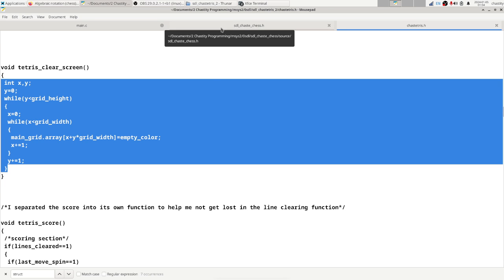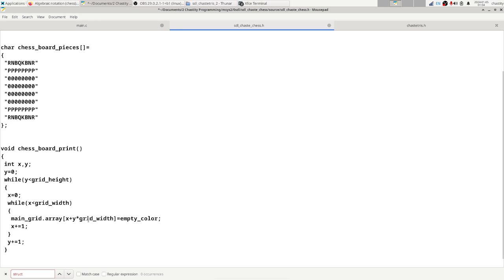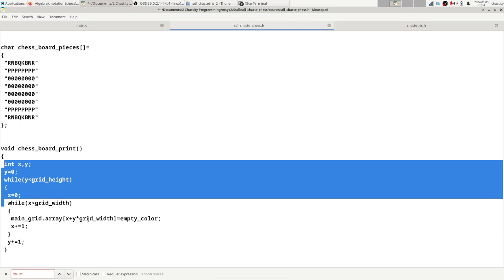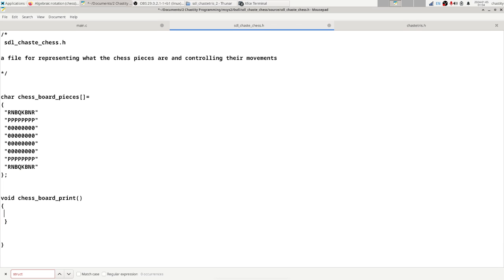Okay, so here's what we're going to do: we're going to modify this. Actually, wait a minute, I just realized, first of all, I'm going to try something. I'm going to show you a basic printf statement. We're going to try, what happens if we just do printf,